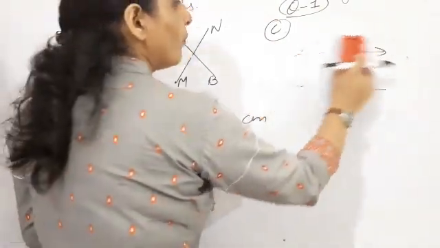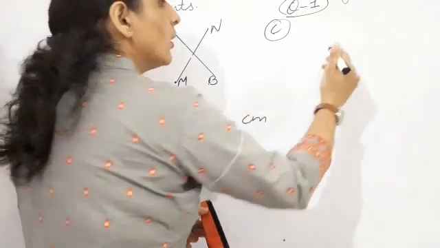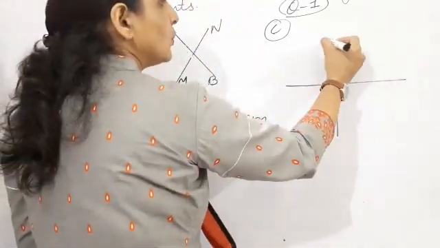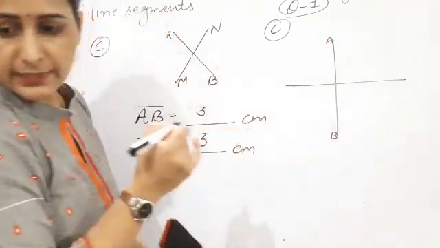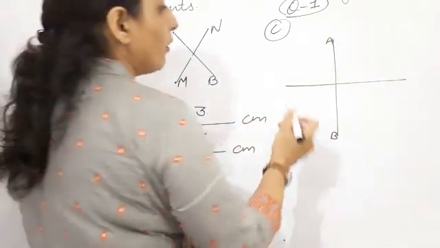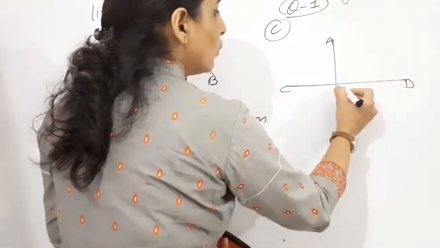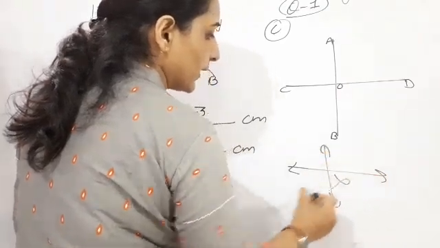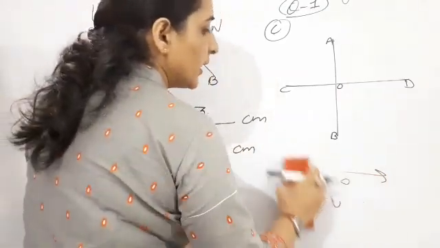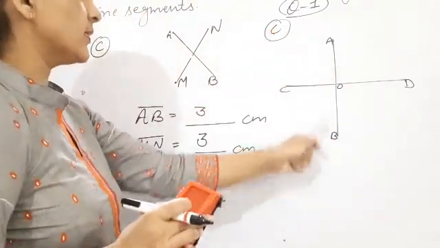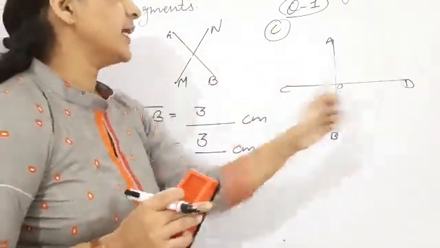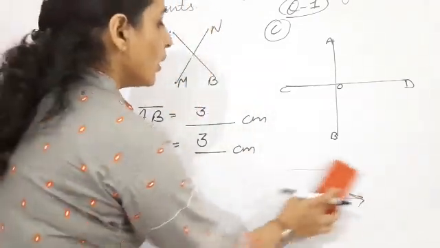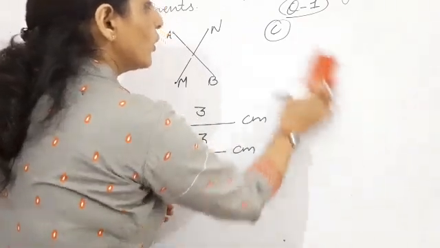So what you do, when you do this question in your notebook, you draw vertical and horizontal. Clear? After that you give the names: AB, and CD and O. Clear? Don't use it. Don't make it like that. It is wrong. By mistake I have explained like that, but that is the actual: A, B and C and D. This is the line segment and this is the line. Clear all of you?